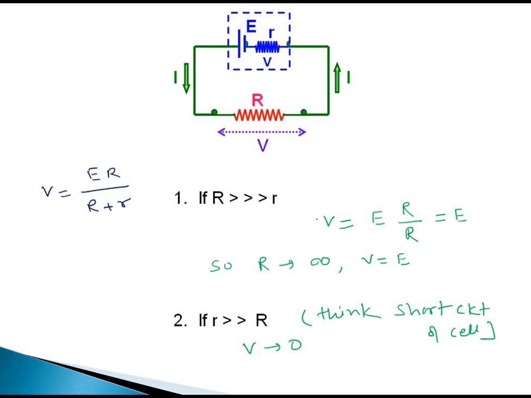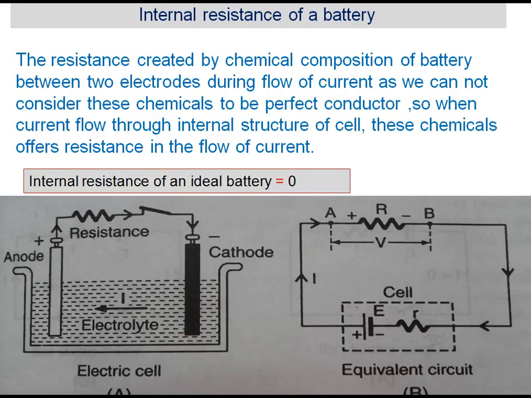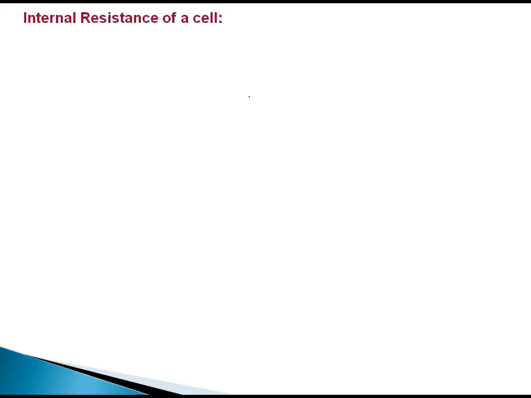Of course, I will ask you one question just after some time. That is also a logic based question on this concept. So you just remember this concept because we are going to discuss it just after some time. Now, whenever you observe the cell, always you have to assume the cell is just like this. There is electrolyte, they are having ions, so there is a resistance in the movement of the charged particles, that you have to think. But I have written one thing. Internal resistance of the ideal battery is 0. If in any numerical, any question it is written ideal battery, then you have to assume there is no internal resistance of the given battery. Okay.